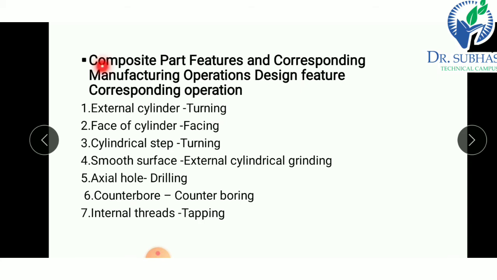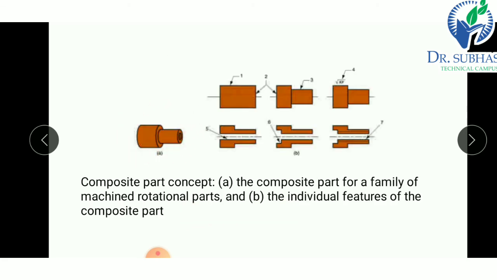So these are the composite part features and corresponding manufacturing operations, the design features corresponding to the operations. So in this case we have used manufacturing attributes, and also according to the shape, some of the attributes we have used are design attributes.